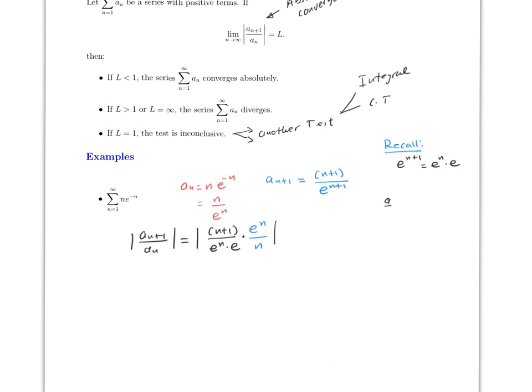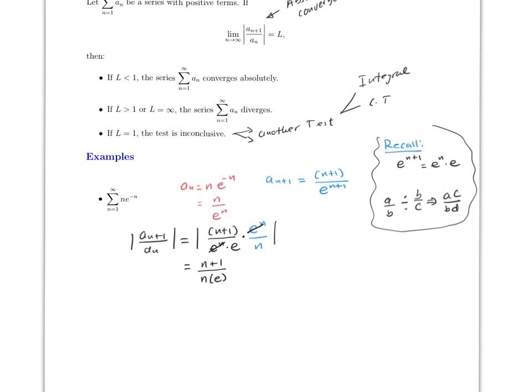Because you have a over b divided by c over d. Remember, this is equal to ad over bc. Okay? So recall these two things. So therefore, you simplify this. Notice that this will cancel this,